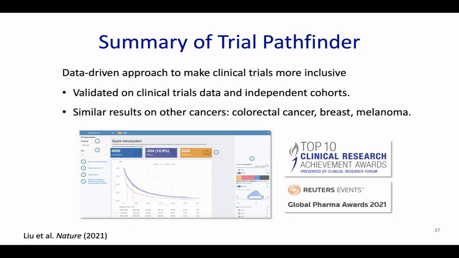So apart from what I introduced earlier, we also validated it on the clinical trials data and also independent cohorts. And apart from lung cancer, we also see similar results on other cancer types, including colorectal cancer, breast, and melanoma. So we would expect the Trial Pathfinder to expand to other diseases outside of cancer and to different database formats. Yeah, I can make a short pause here to see if people have questions